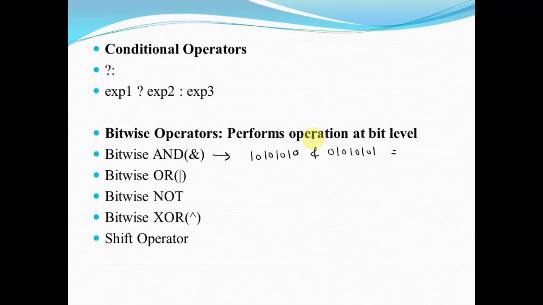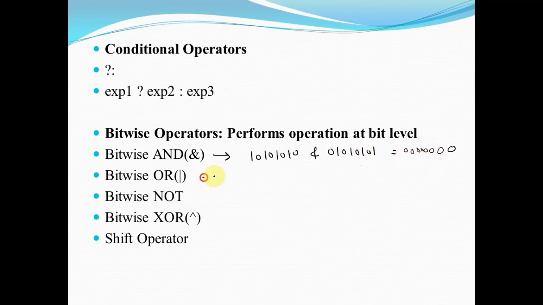So already we have seen how the AND operation takes place. Only when both the values are true, the result will be true, otherwise false. So here there is a 0, so 0. Again, second 1 ANDed with this 0, again it is 0. 0 ANDed with 1, so it is 0. So if you can see, you can get all zeros in this case.